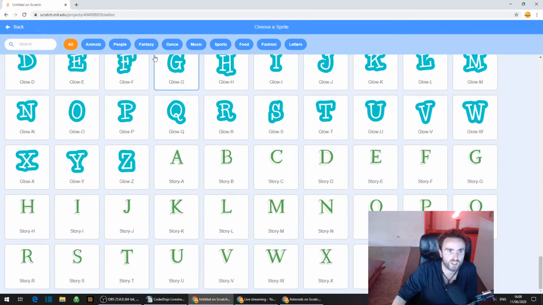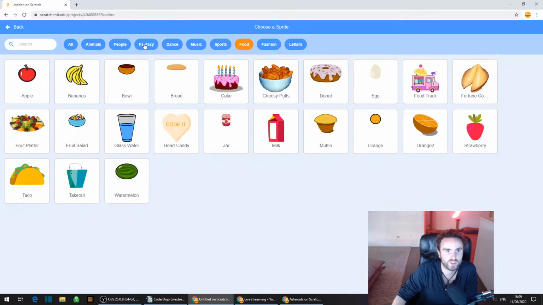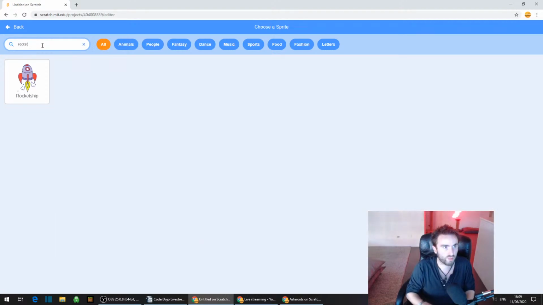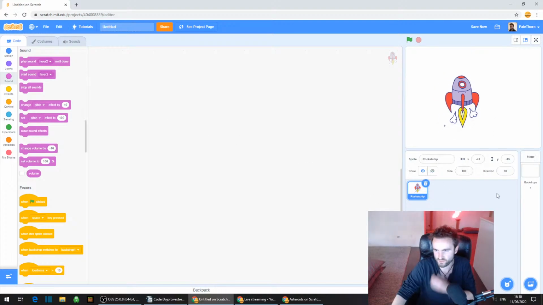And you can click on these categories here if you want to look for specifically music sprites or sports sprites, or it used to be a space category, but I don't see it. Either way, I'll tell you exactly what I'm going to be using. You can use something different if you want, but I want to get the rocket ship. So if you type in rocket, you'll see the rocket ship appears. And then click on where it says rocket ship. All right, now we have added our rocket ship